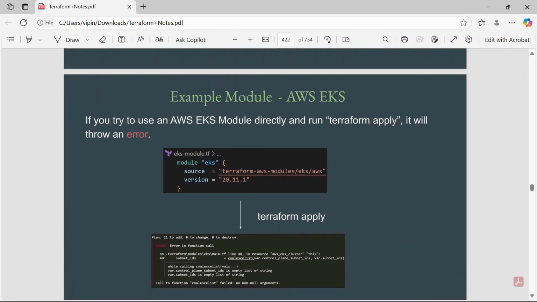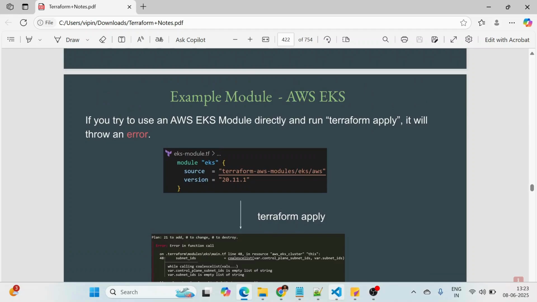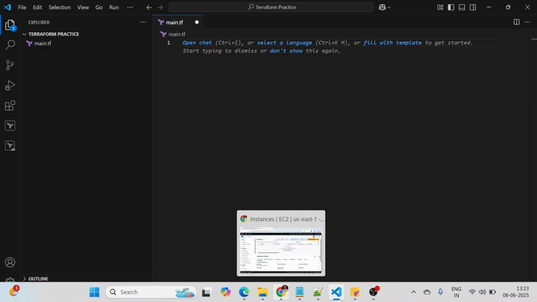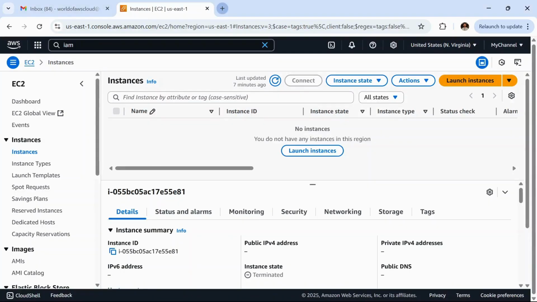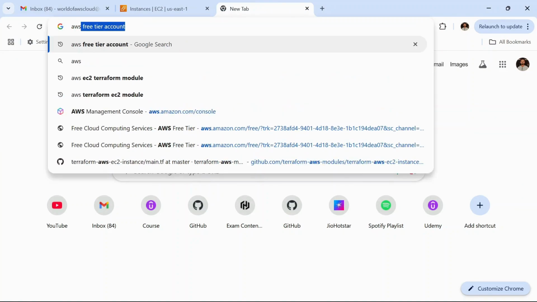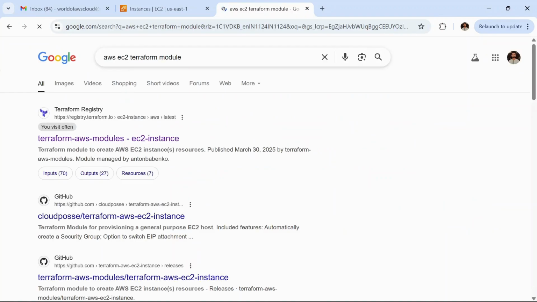Let's go ahead and try this out so that we can understand it. Let's go to AWS first and search for the AWS EC2 Terraform module.